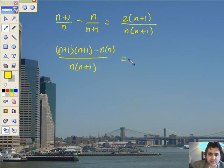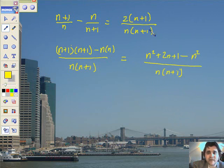Let's go across the screen. Multiplying this out, I've got n squared plus 2n plus 1, and then take away n squared because n times n is n squared. Divide that by n over n plus 1. Now I'm not inclined to multiply this out for the simple reason that in the final answer we have n over n bracket n plus 1, so there's no point in doing that. Let's just simplify the top bit a little bit. The n squareds disappear, and I'm left with,